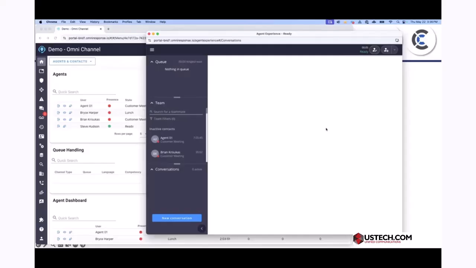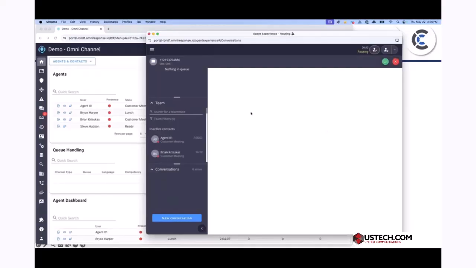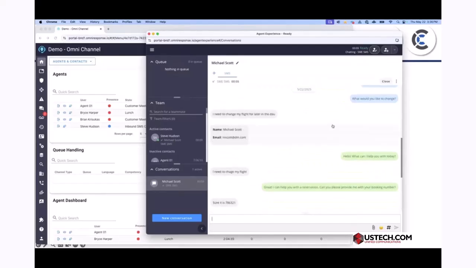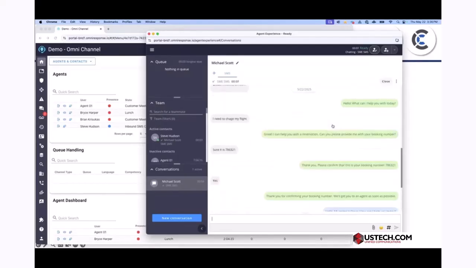The next one I want to show you here is the texting one. So I'm going to go ahead and send a text message in so we can see what that looks like. We can see up top here, I have a new SMS, so basically it's coming into this SMS text queue here. I'm going to go and accept it. And I can see down below here it says hello. Again, I have all that previous conversation up above